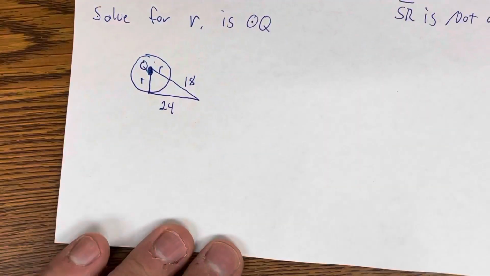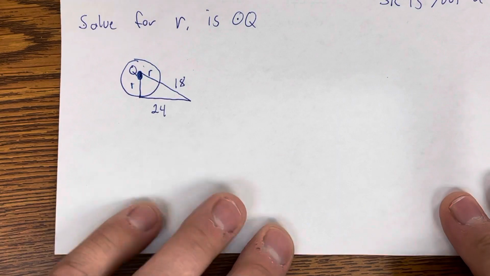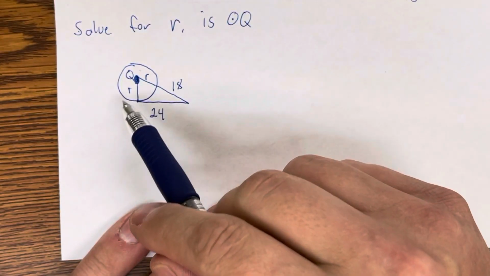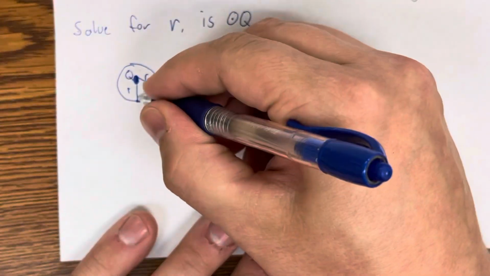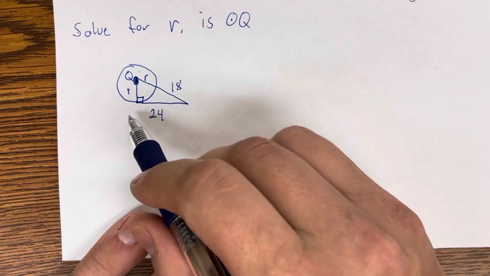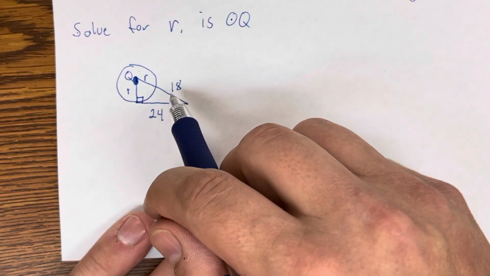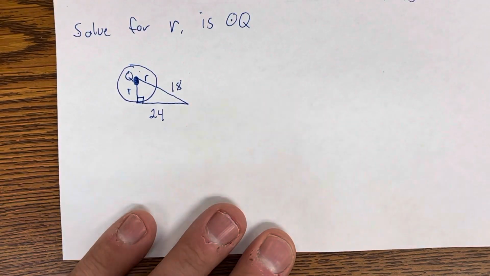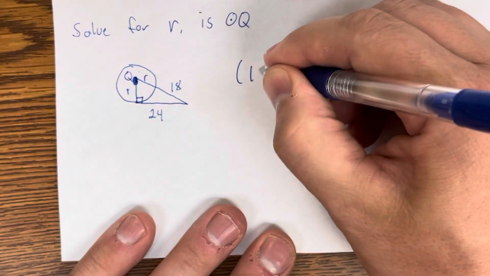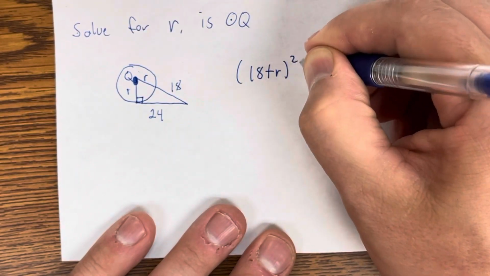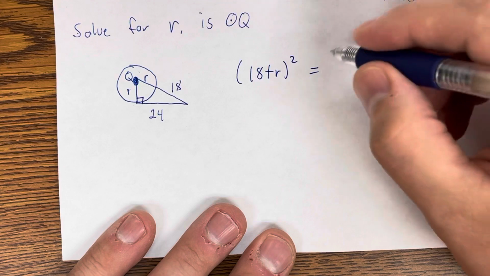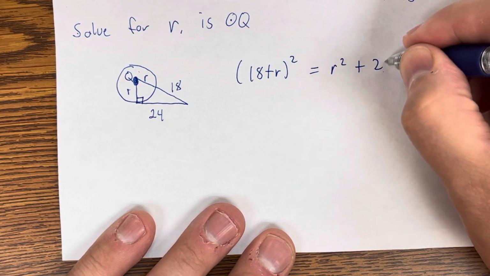And finally, one of these harder problems with the radius. All right, so in this case, this is a right angle. We are assuming this is a tangent, and circle Q. And the hypotenuse in this case is not 18. The hypotenuse is 18 plus r. So when I set up Pythagorean's theorem, I have to do (18 plus r) squared equals r squared plus 24